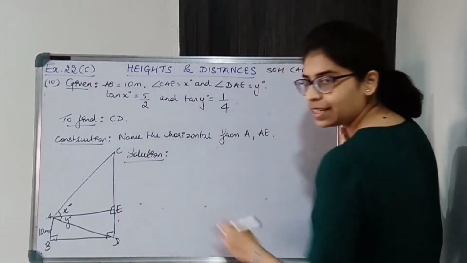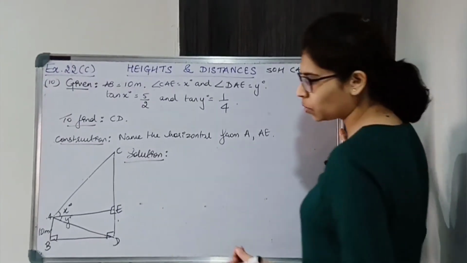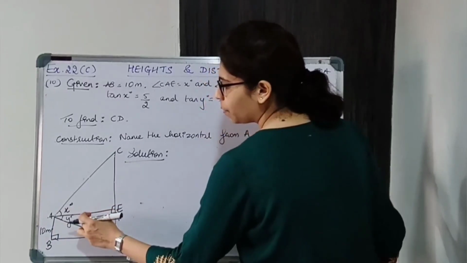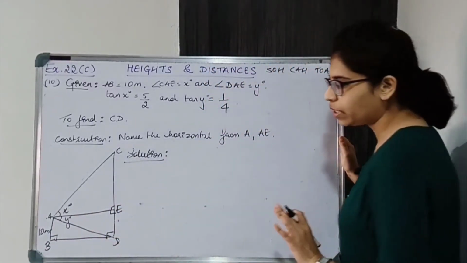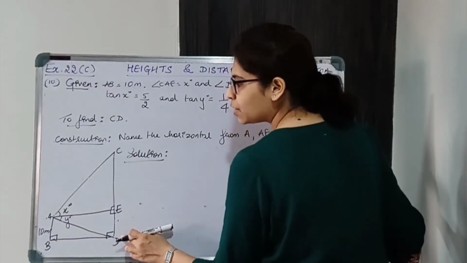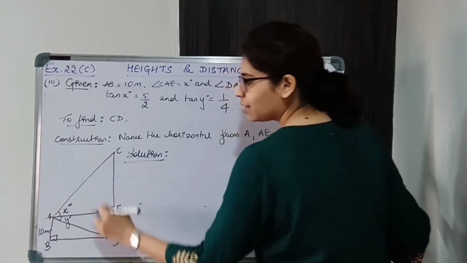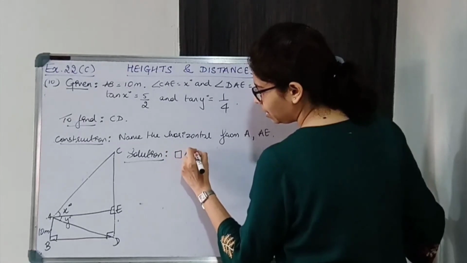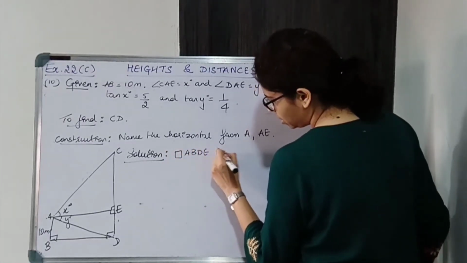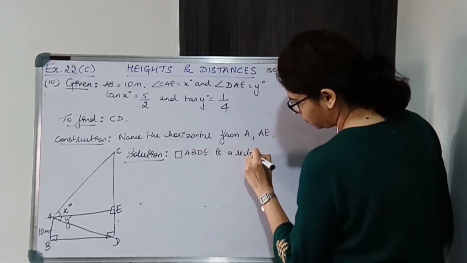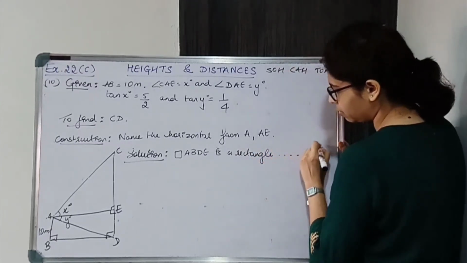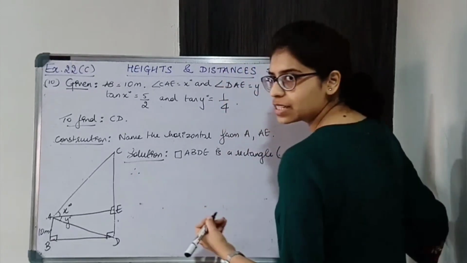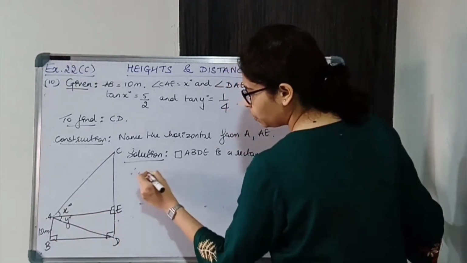First we'll find ED. ED मिल रहा है easily. So ED consider करके then we'll consider triangle DAE जहाँ पे हम लोग AE find करेंगे. To find ED first we'll say that this quadrilateral ABDE is a rectangle from the figure. Write down the reason. Now therefore I can say opposite sides are equal, so AB is equal to ED.